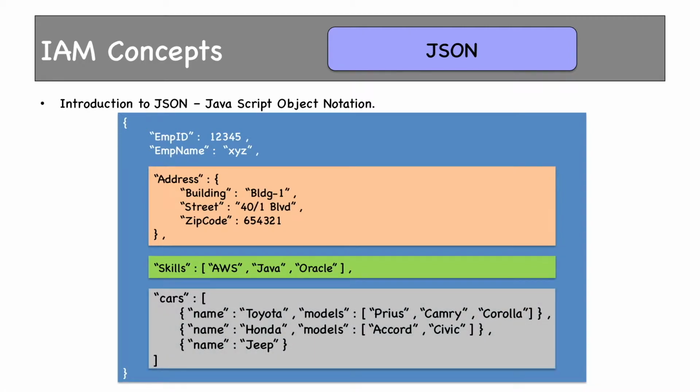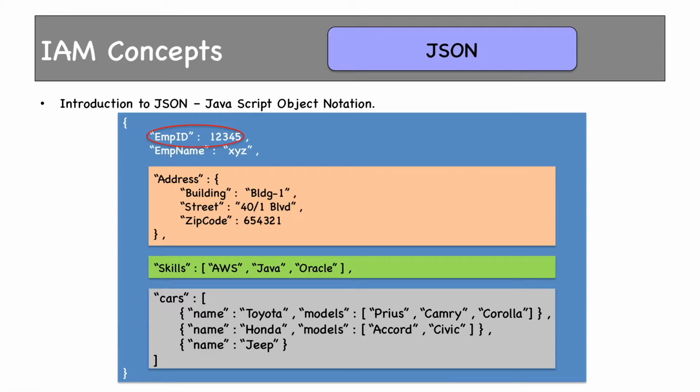This one is the most complex key stored in this record. Cars key itself is an array which has 3 elements. Each element is a document here. Each document contains 2 key value pairs. First one is a simple key value pair and the second one is another array with a varied number of elements in it. Now suppose for some purpose you want to access these keys or attributes or columns.